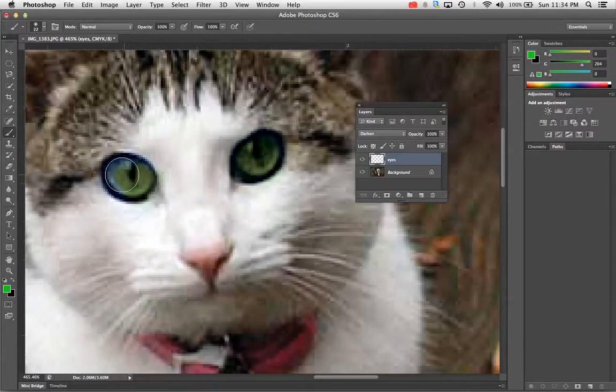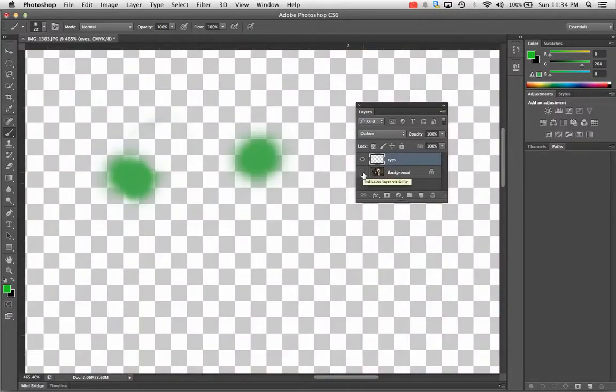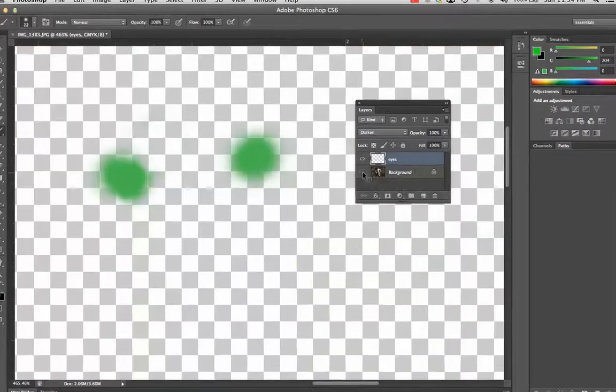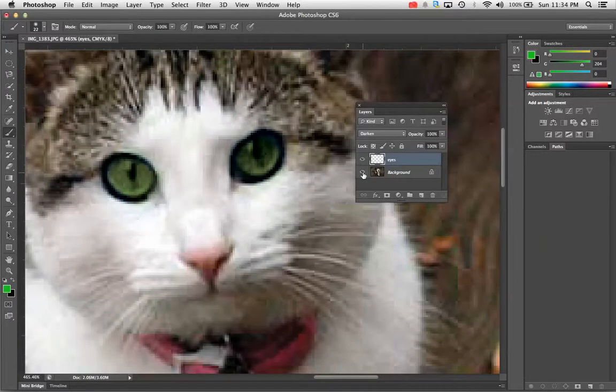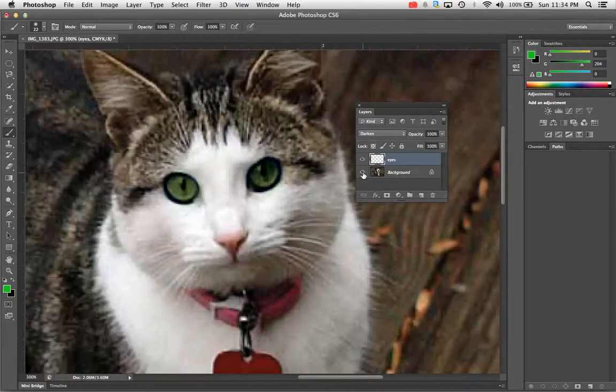And go back to the brush tool and I can paint it back in as I wish. So that lets you see just the color by clicking the little eyeball beside the background layer. So I can do that. I can keep painting on that particular layer as much as I want. I could go down here and paint some green down here, and I could keep painting like that,